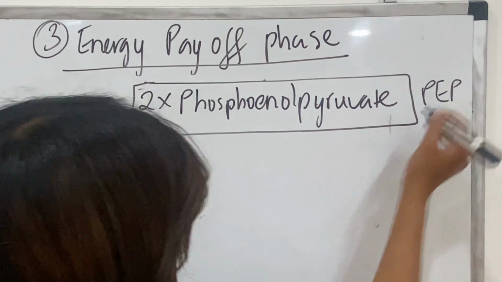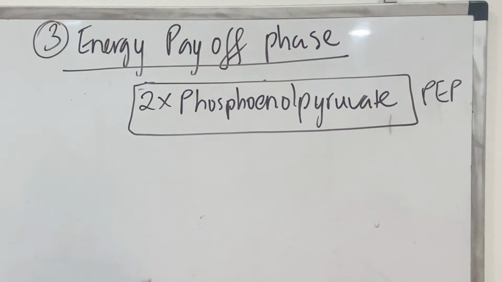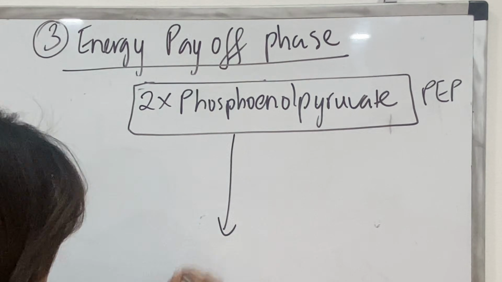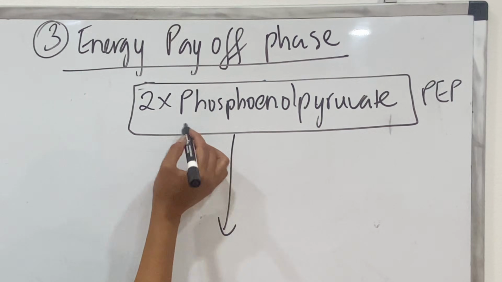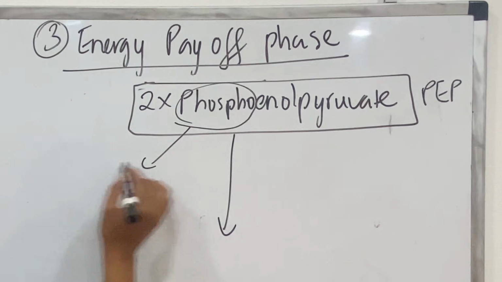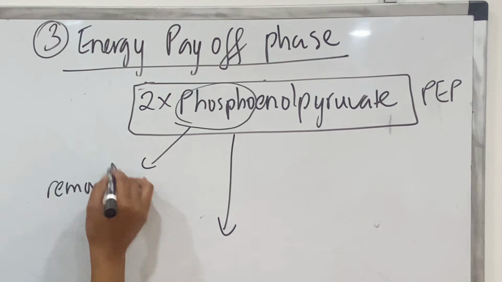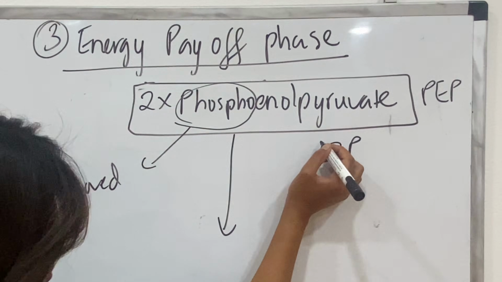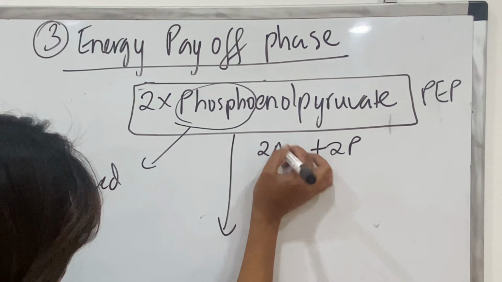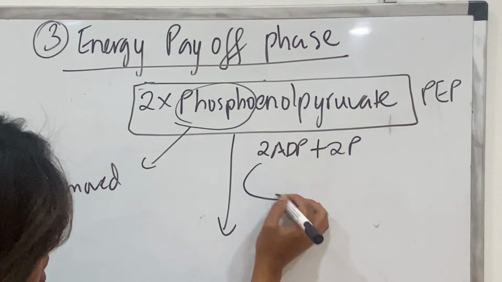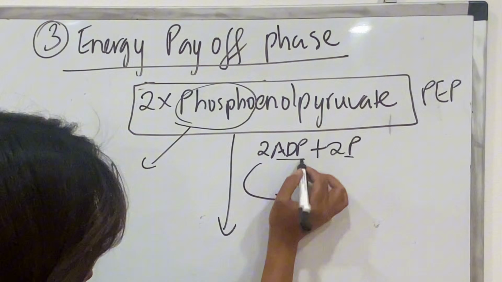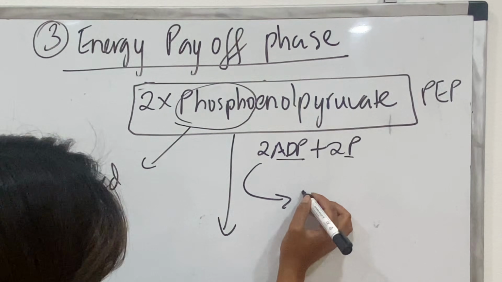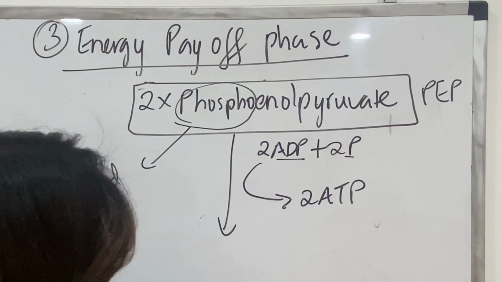We are now with the last step of glycolysis. Two molecules of phosphoenol pyruvate, you can also write it as PEP. From PEP, there is a removal of phosphate. Since there are two molecules of PEP, you're going to remove two molecules of phosphate. So two molecules of phosphate get removed, and the phosphate which gets removed gets accepted by 2 ADP, which results in the generation of two molecules of ATP, and